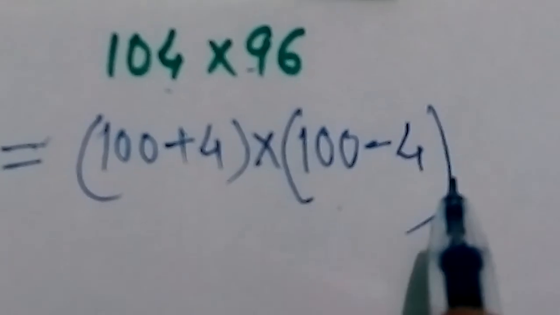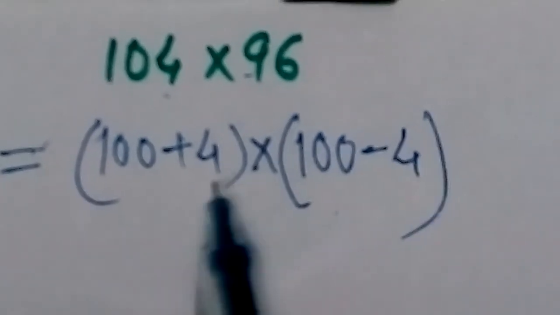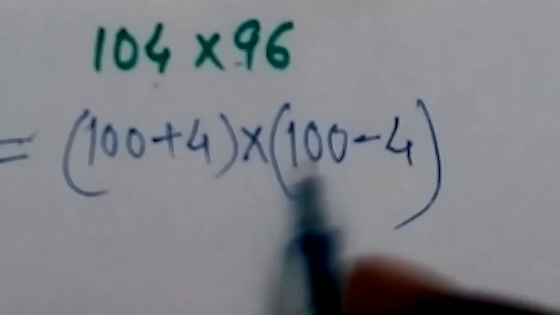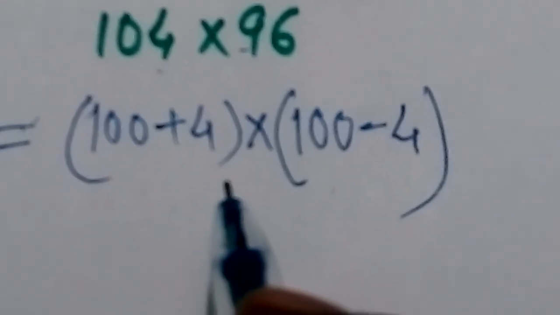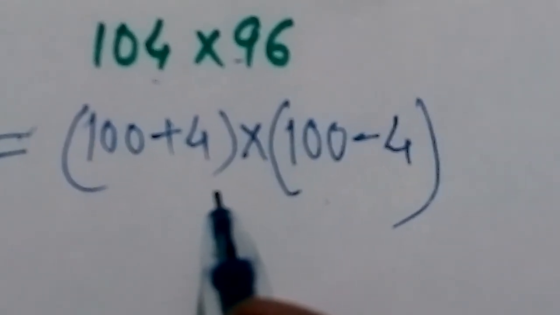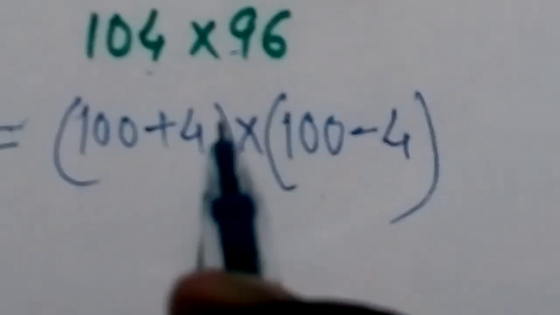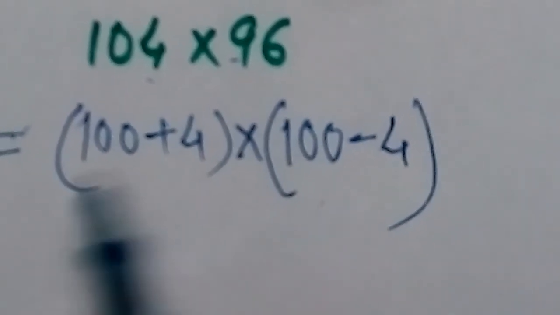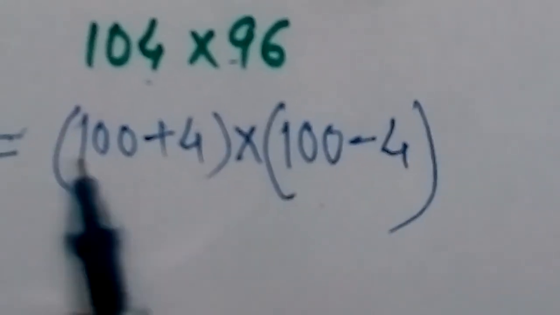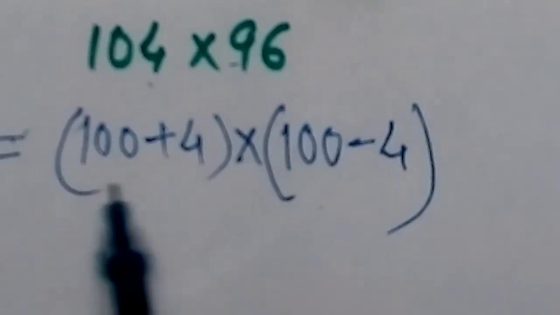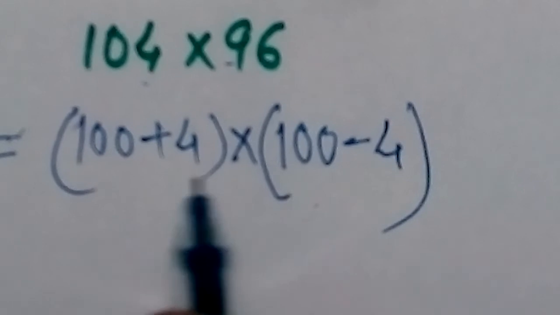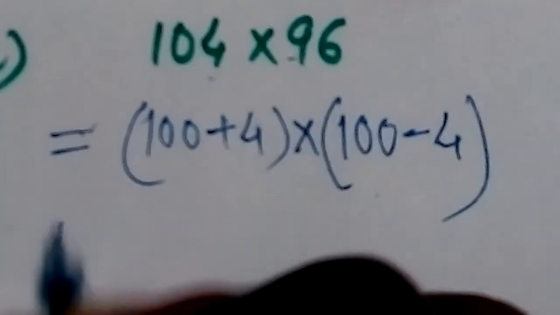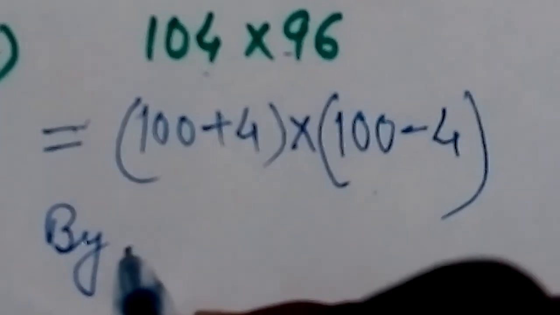Now just recall the property where both of these terms were the same, but there is just a difference of sign. Recall the identity, sorry, not property but identity, where the first term is the same in both and the second term is also the same in both. So yes, that was the identity, what?